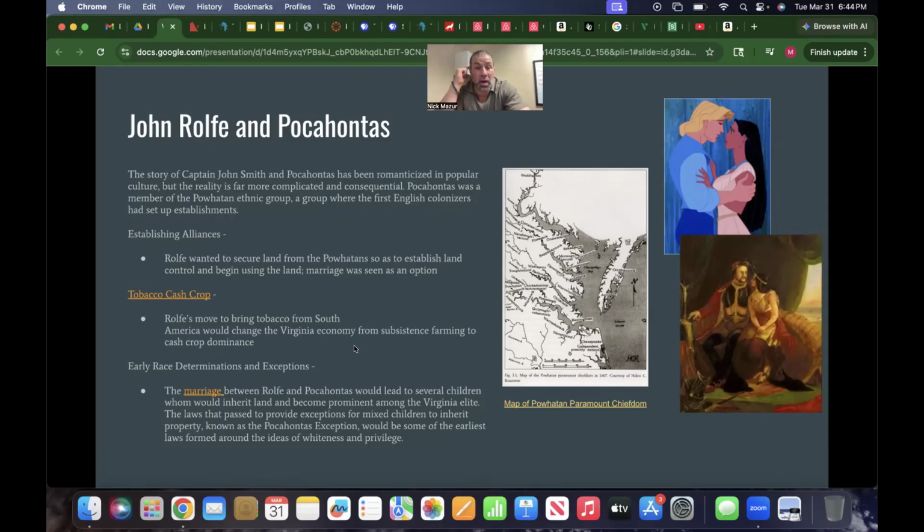There is a Pocahontas exception. They call it the John Rolfe and Pocahontas exception. Essentially, what this exception said is that yes, black people, if your mother was a slave, you are a slave. If you're born into slavery, you are a slave. This is how you can become a slave, etc., etc. And Native Americans, they can't own land except for the descendants of John Rolfe and Pocahontas, right? They had to cut this in.